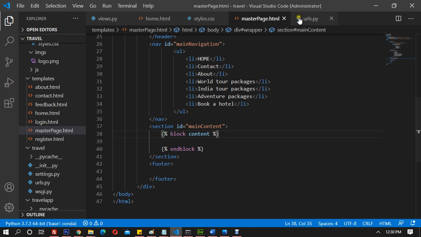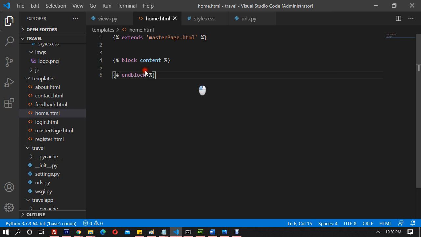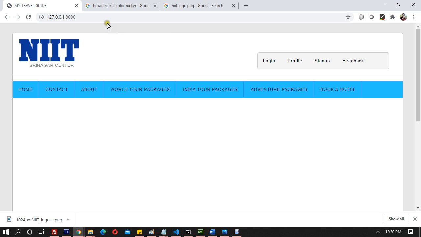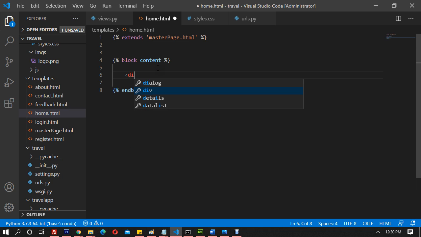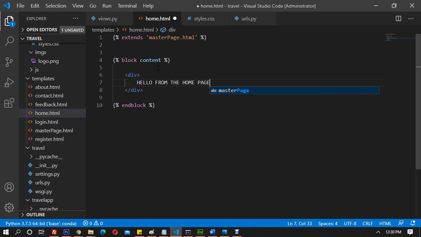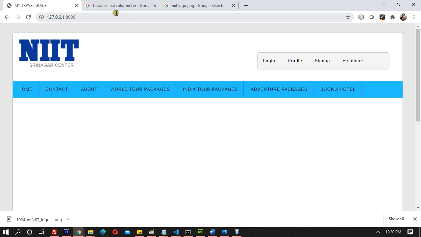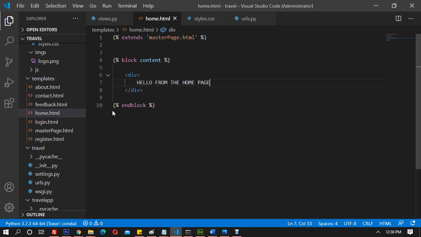All right, and now let's close down this master page. Now this is the page that you're using. Home.html will be accessed, and whatever you write here, for example, I go and open a master page right here. I will say hello from the home page. Now this hello is coming from the home page. Hello from the home page, right? And let's create